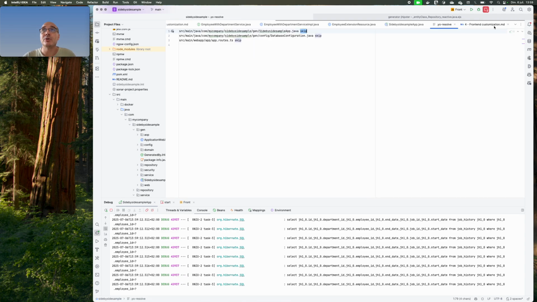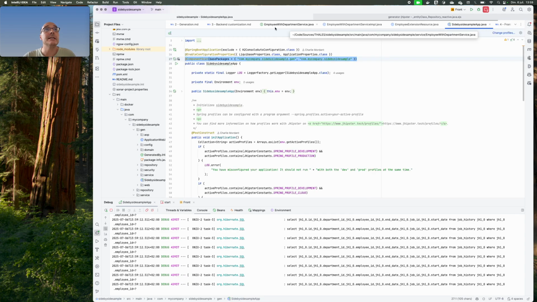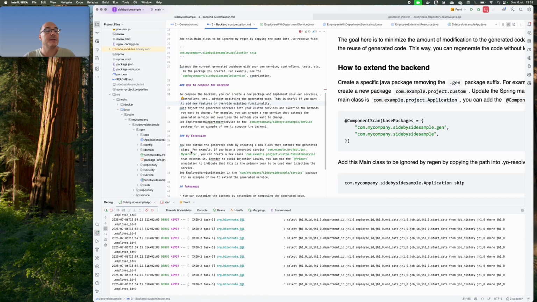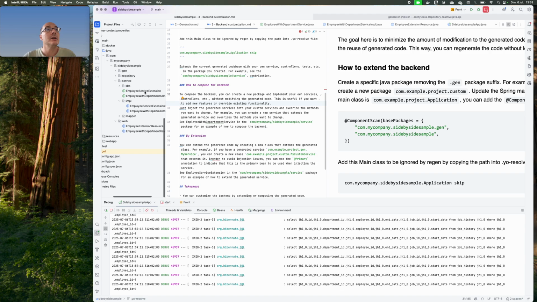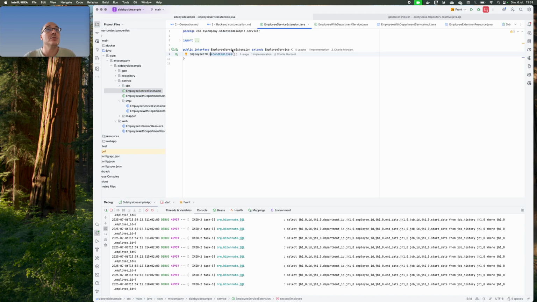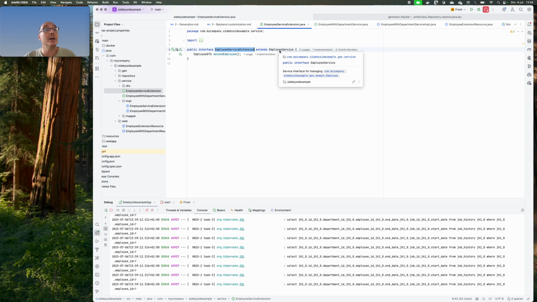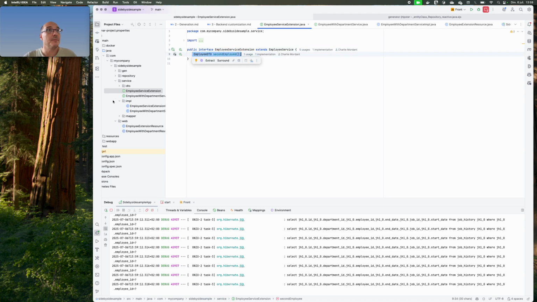The second approach will be to, let's say, extend the class that has been generated. So here, same approach in a separate package that is not the Gen 1. What I can do is to create an interface that extends the generated one and that contains my custom method.